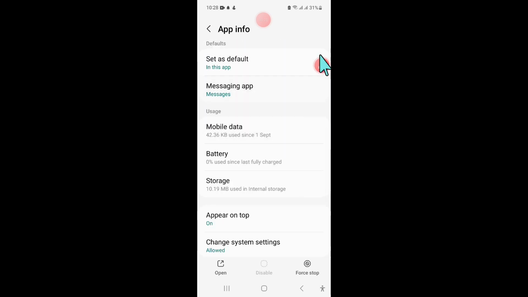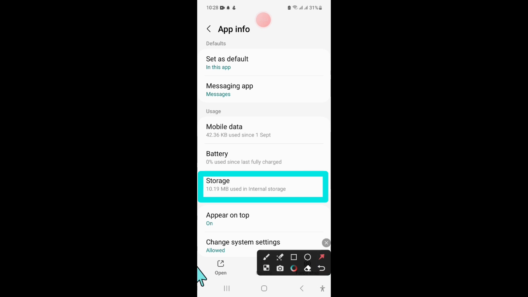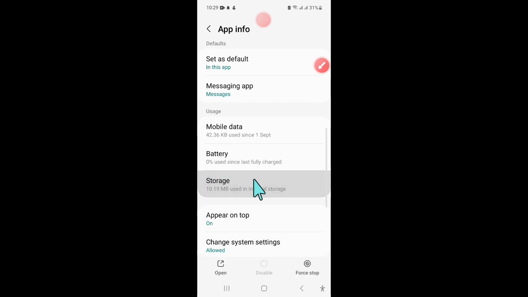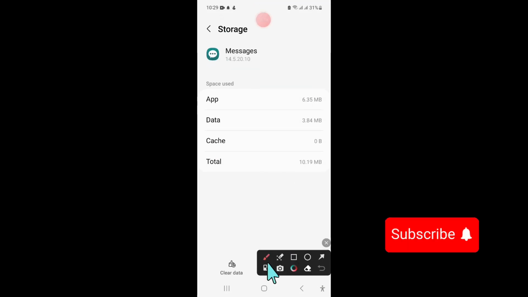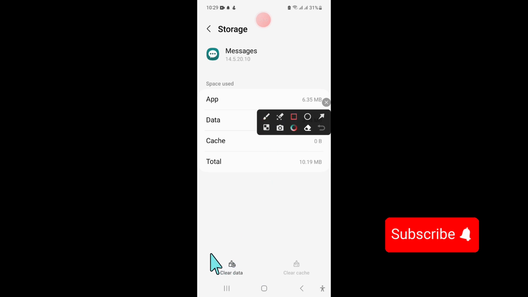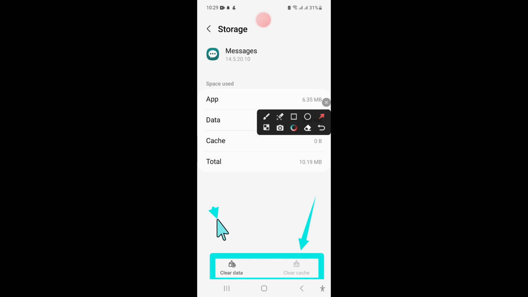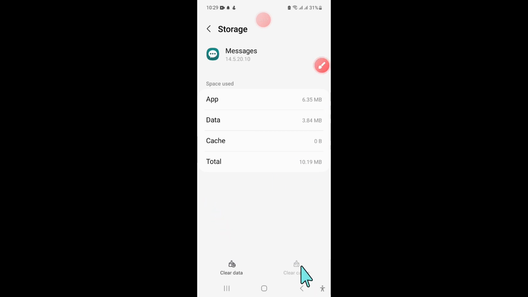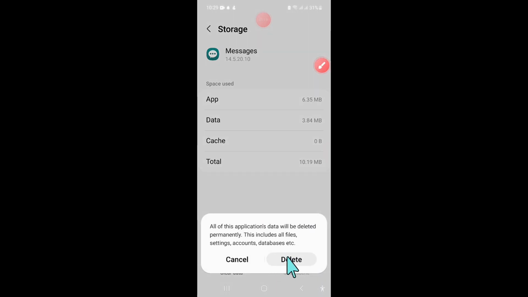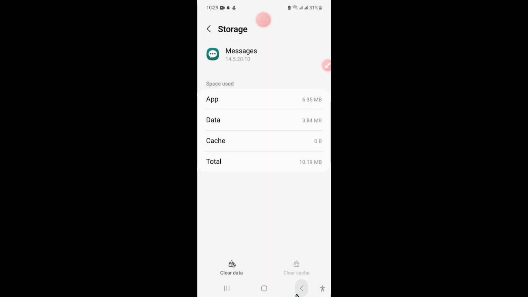and then in messages scroll down and click on storage. Now in storage, clear the app data and cache memory of messages app. Now click on delete to confirm and then go back,